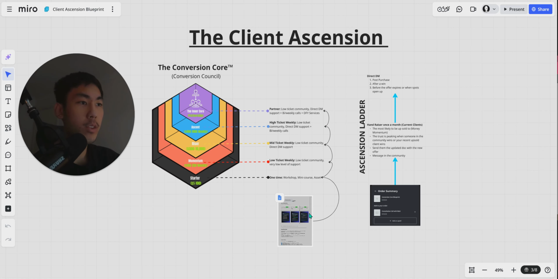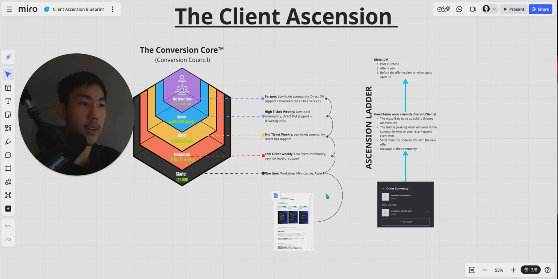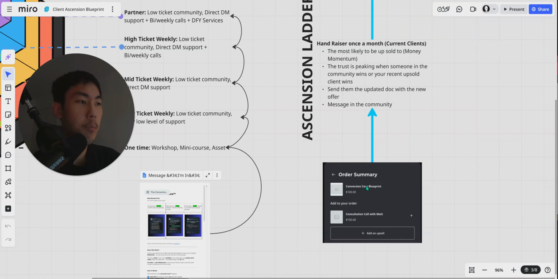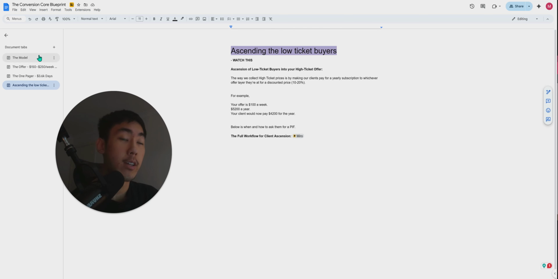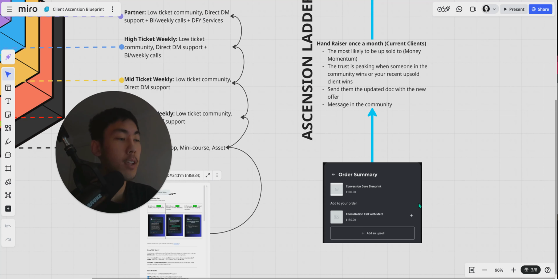What that looks like is how you get someone first to come into your one-time offer is by either sending them a doc or through a newsletter, and then sending a link to a landing page and having people buy a small ticket, a one-time offer from you. What that looks like is here. For example, if someone buys the conversion core blueprint, which is this exact blueprint which shows the model, the offer, the one-page creation, and client acquisition, they're able to be upsold to a consultation call with me